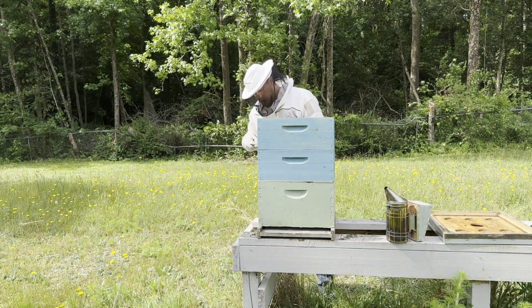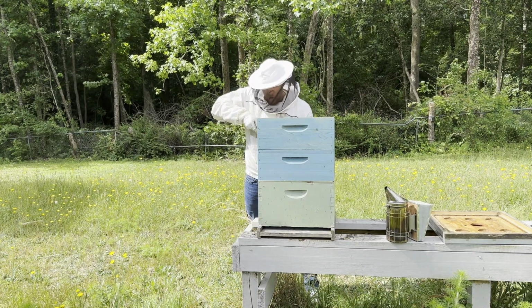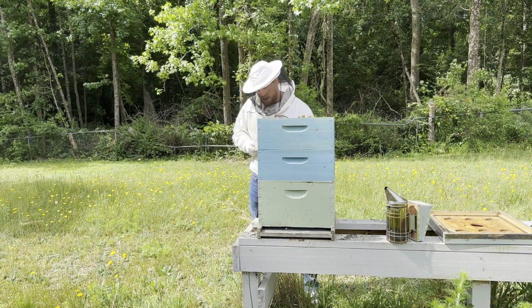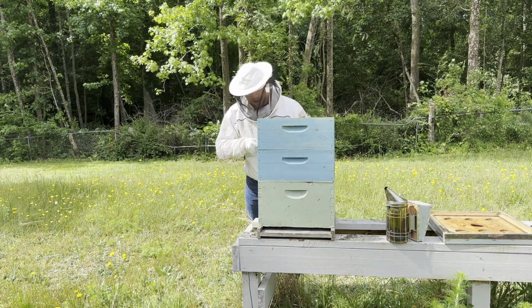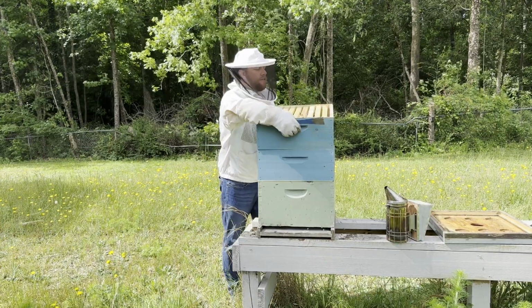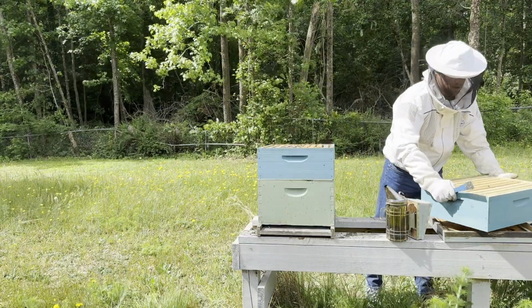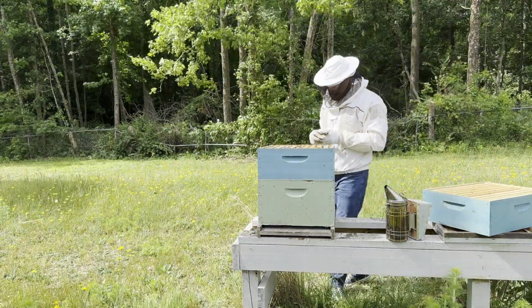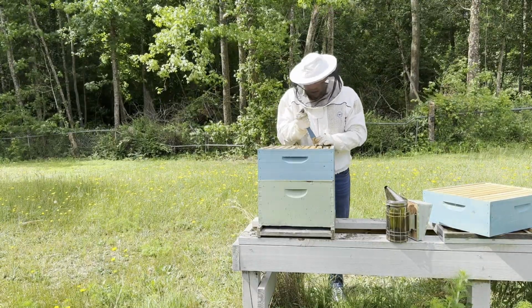So we're good. We just checked a couple of these supers for pests. Because I have a queen excluder in, I don't have to worry about anything other than just honey and pests. So, love a queen excluder. All right. That one's good. All right, let's take a good one. This is a good one. This one looks...